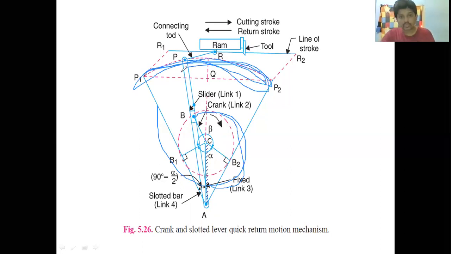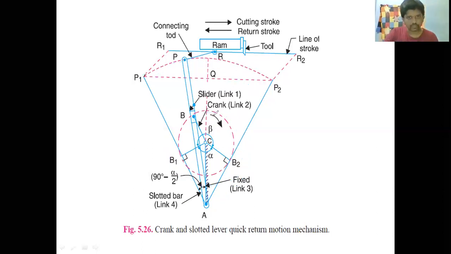This is what is happening. Now what the slider here does is, the slider will move in the downward direction. That means if the crank is here, the slider will be here. If the crank comes here, the slider will move here. Now what happens? The AP is oscillating, the crank is moving, and the slider is reciprocating. The motion from the AP is transmitted by the shorter link to the RAM. Now what happens to the RAM if the link is oscillating? What happens to the RAM due to the shorter link? RAM will move this side and this side. Here the RAM will move in this direction, and the tool starts cutting the workpiece there. This is what is actually happening there.